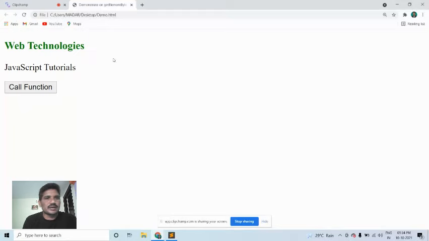Okay, please look at how it will be accessible. Now we are able to access the element, change the content of the html elements, or else we can add the style sheets through javascript code.